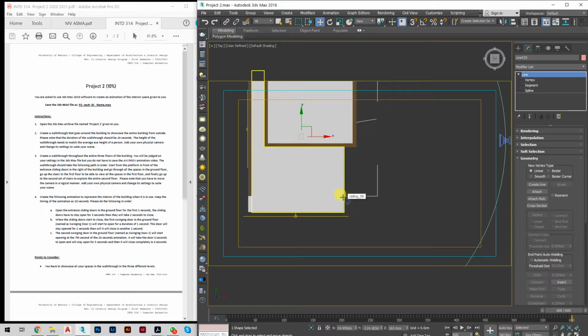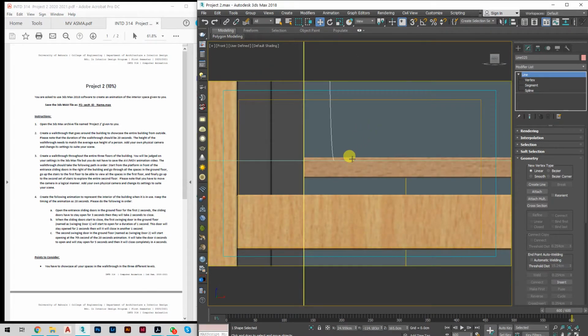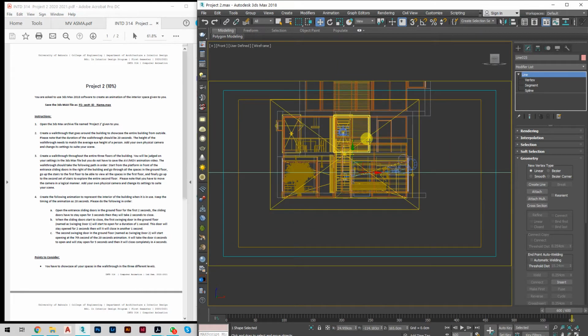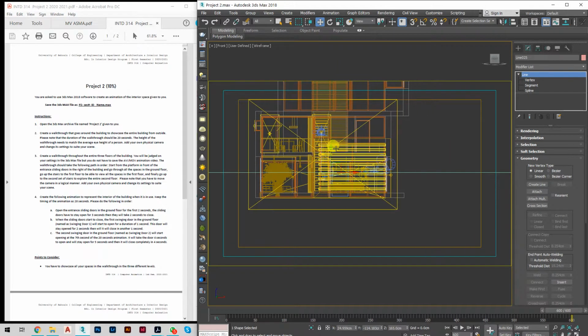Okay, so this is part 2 from the project 2 video. We already did the path for the ground floor in the first part. So now let's move to the second part. In the second floor, or I think it's called first floor in the project, I will just hide everything